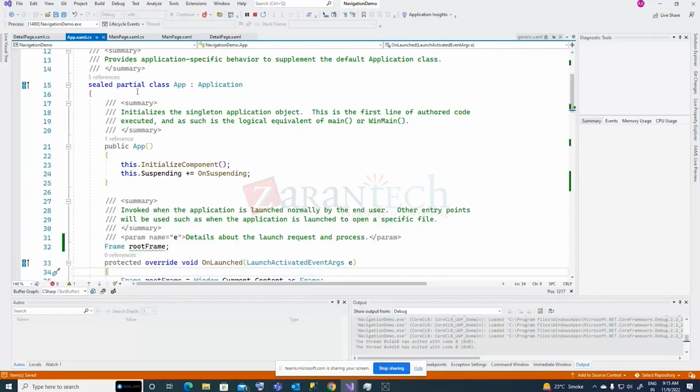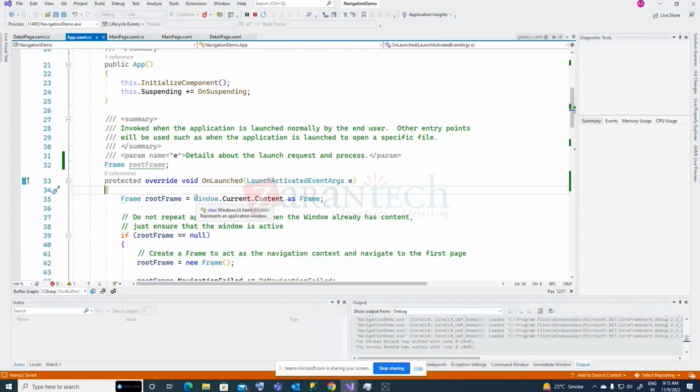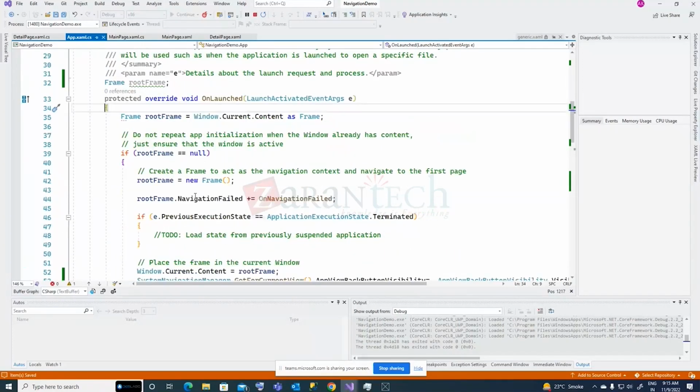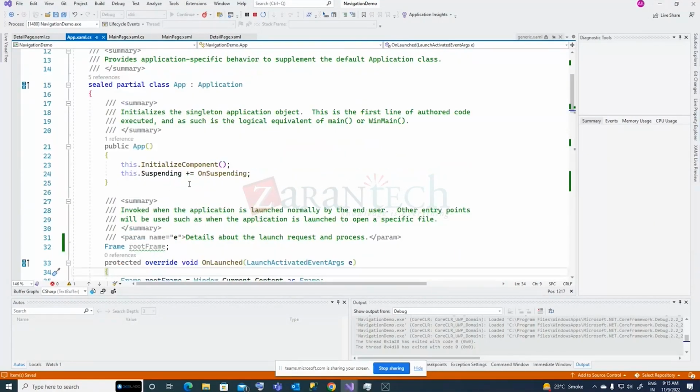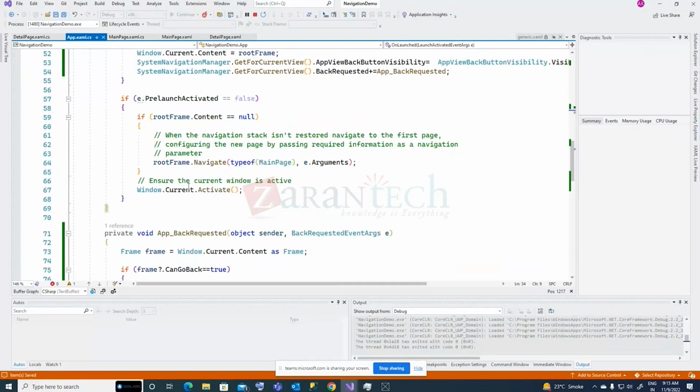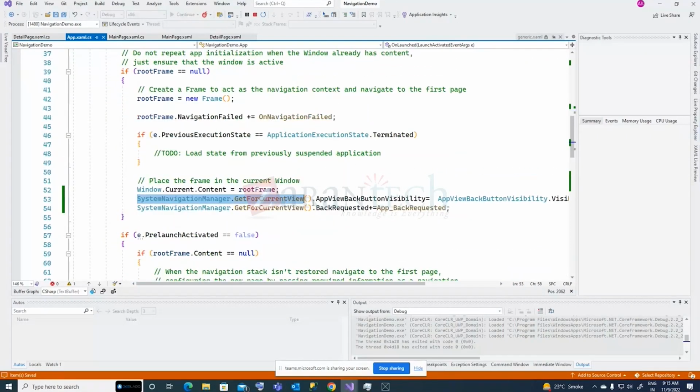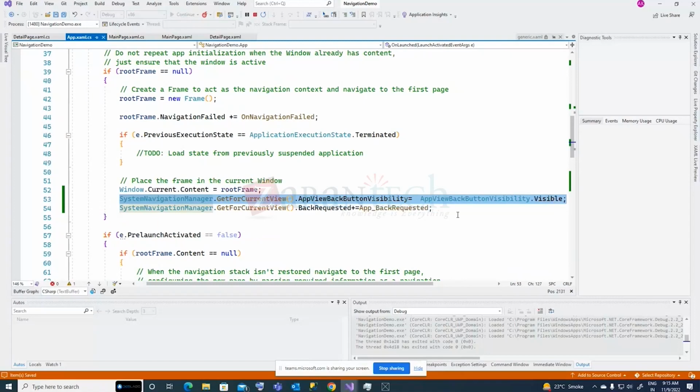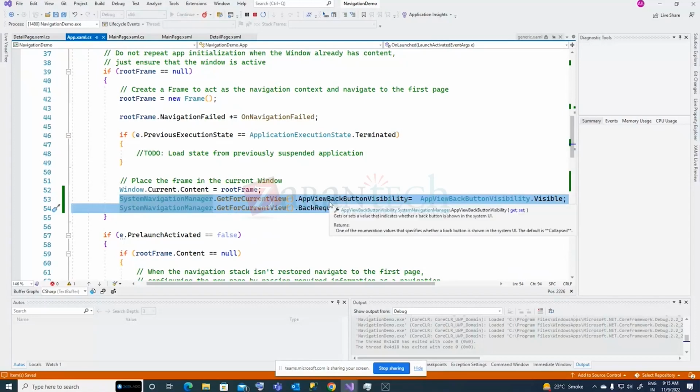Yes, correct. So basically, if you want to use it from the start of your application, you have to add this one, and this. So these two lines of code will be required for implementing the default back button. Okay, if you are using the navigation view, basically the menu with the